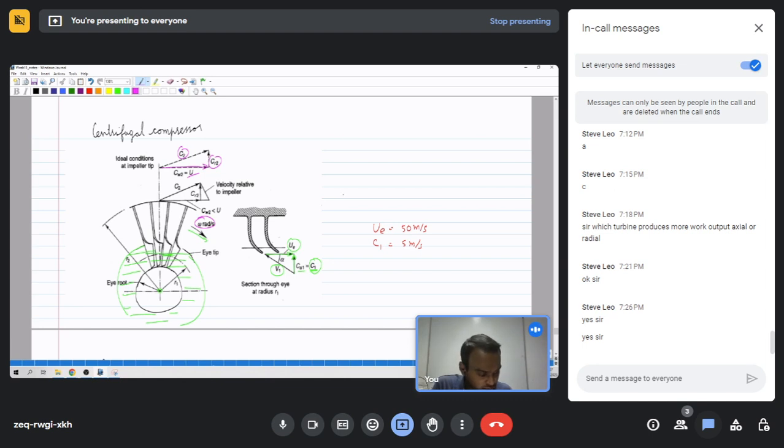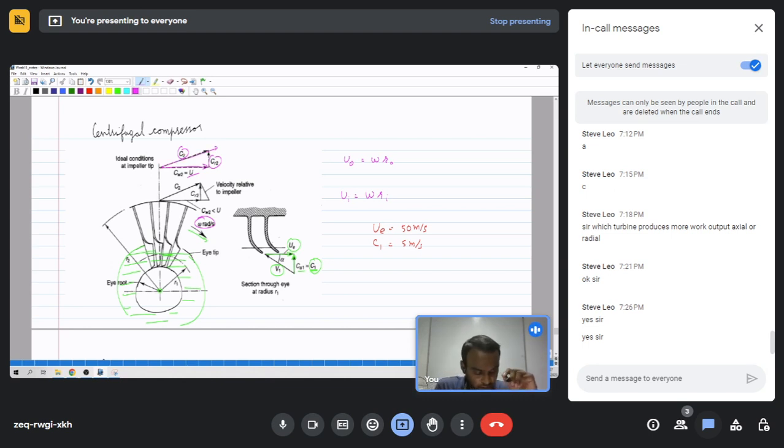So at inlet Ui will be omega into Ri, radius of the inlet, and U outlet will be omega into R outlet. Because of this, that U value will be different from the inlet, and the fluid will not come radially, but it will come at an angle,